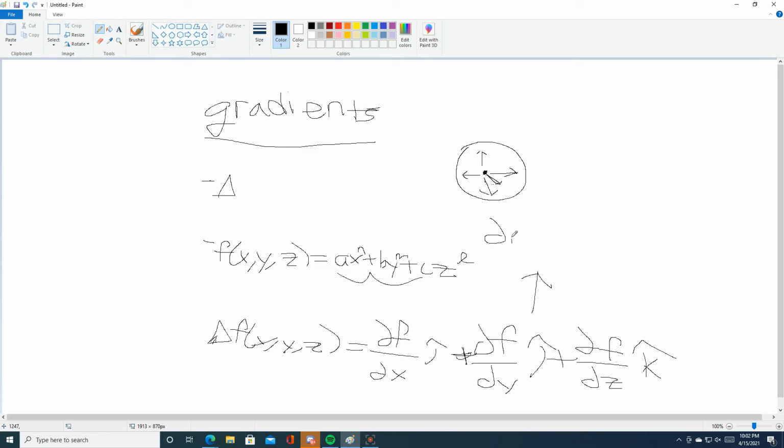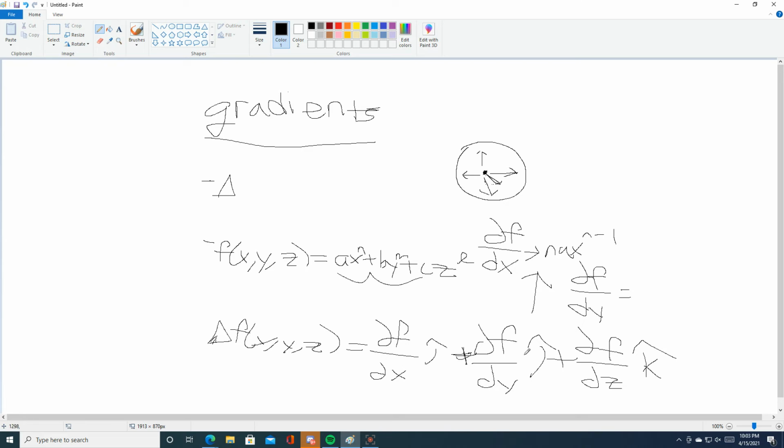So the partial derivative of f with respect to x would just be nax to the n minus 1 in a perfect case like this, where they're all raised to exponents with just coefficients. Following the same logic, the partial derivative of f with respect to y would be